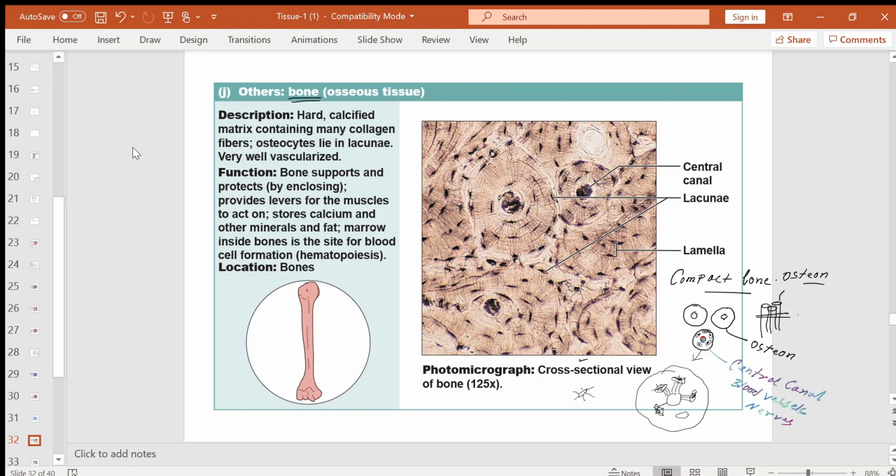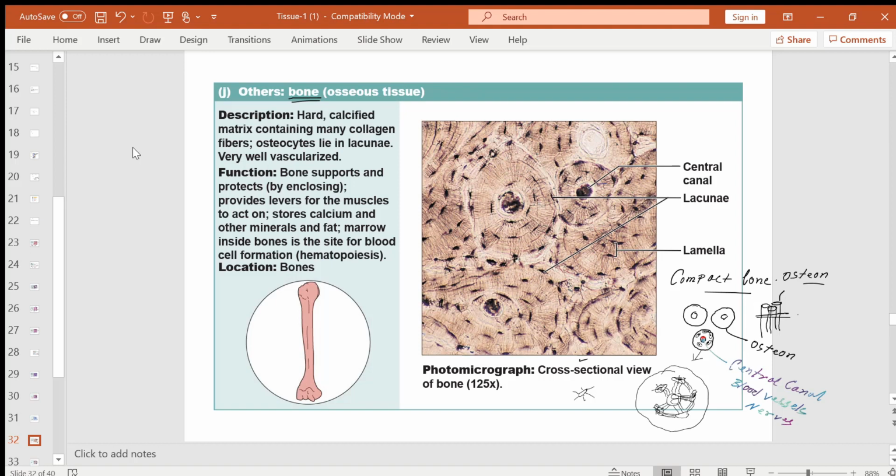And why do you have those channels? Because from the blood, nutrients and oxygen rich fluid will go to the lacunae, because you have the artery blood vessels here, right? So from here the nutrients and oxygen will go to the lacunae. Also lacunae are connected to each other by fine channels. So from one lacunae to another lacunae the fluid can